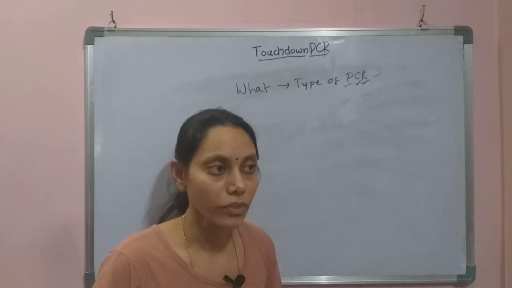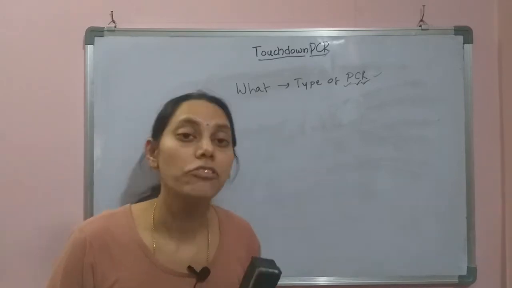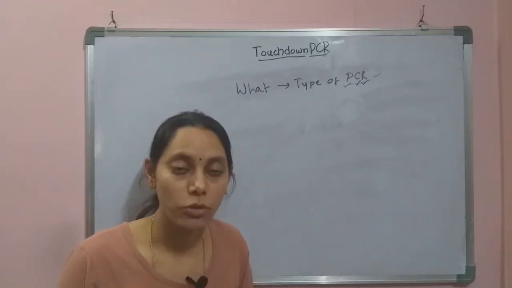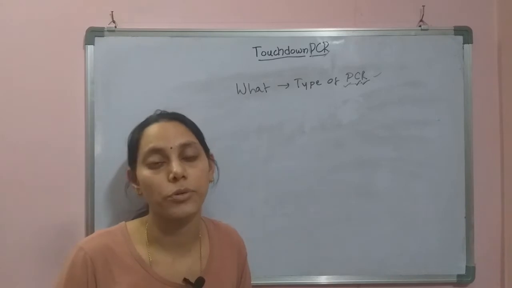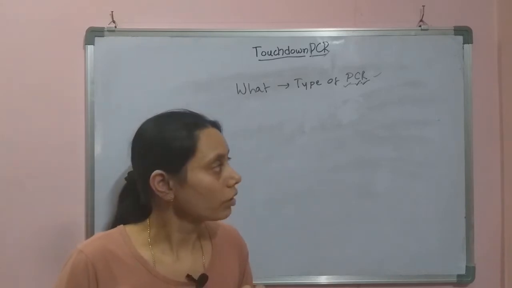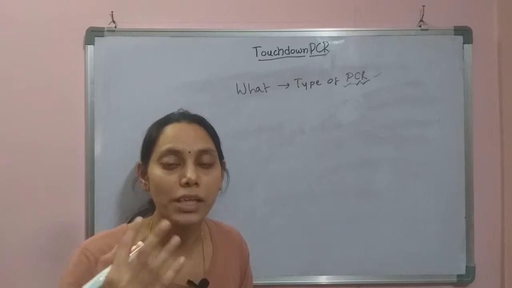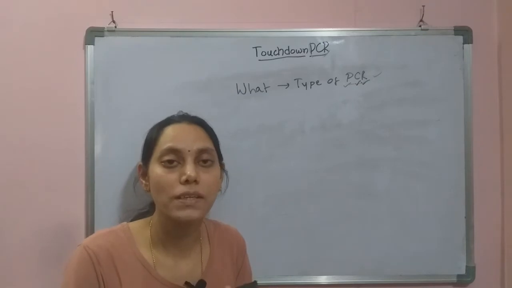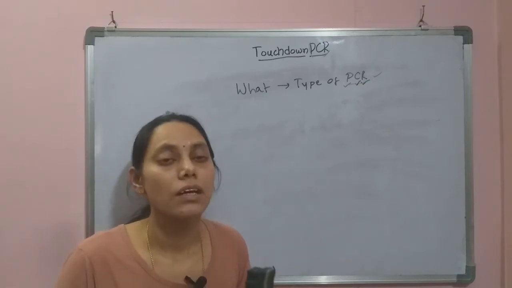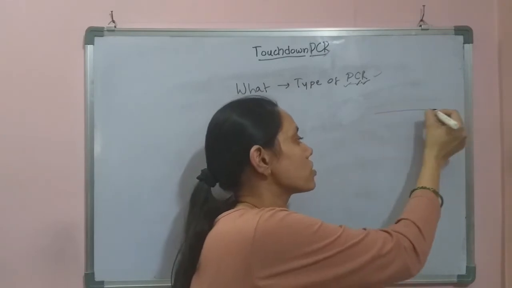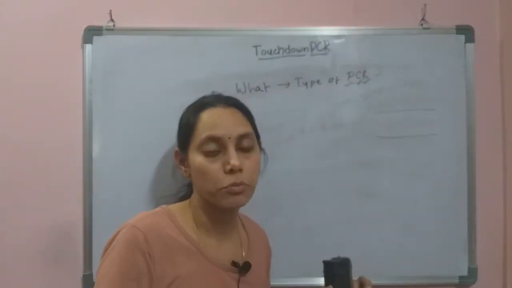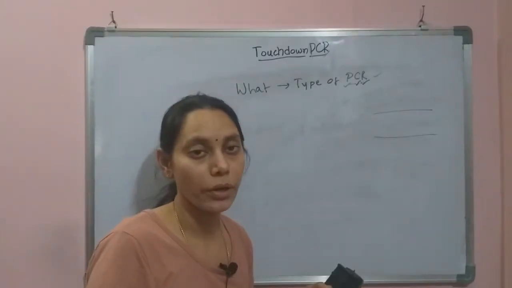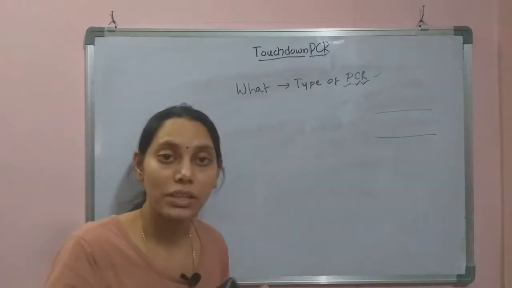For different reasons we go for PCR. Sometimes we want to amplify genes, sometimes we want to isolate, sometimes we want to identify some portion. PCR has three main steps: denaturation, annealing, and extension. During the first step, denaturation, the DNA template that is going to be amplified is denatured into single strands. The hydrogen bonds are broken and the two strands are separated.